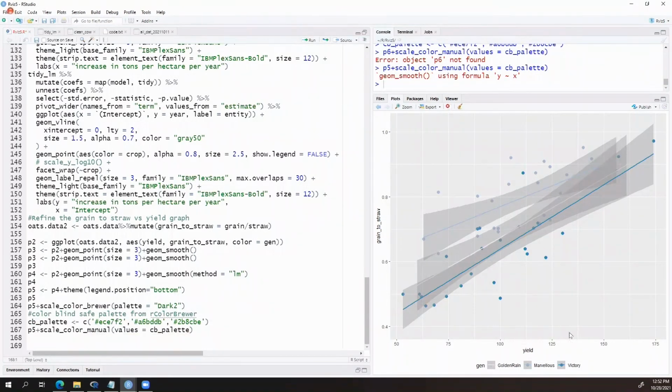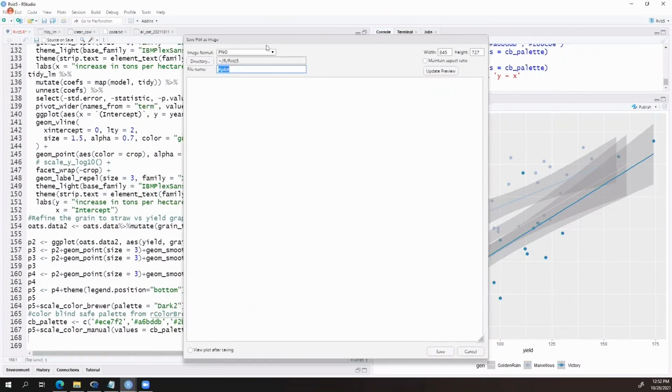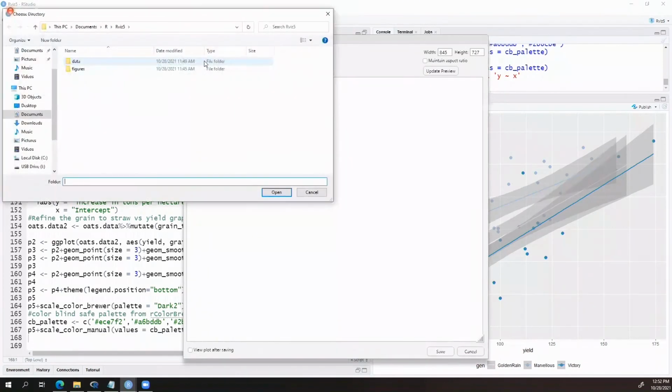And then the last thing is just if you are wondering how you save your plots, there's two ways of doing it. This one is the shortcut. You can just go up here and it'll save it as either a PNG or a PDF. You can pick whatever file type you want to save, and then you can choose what directory to save it in.